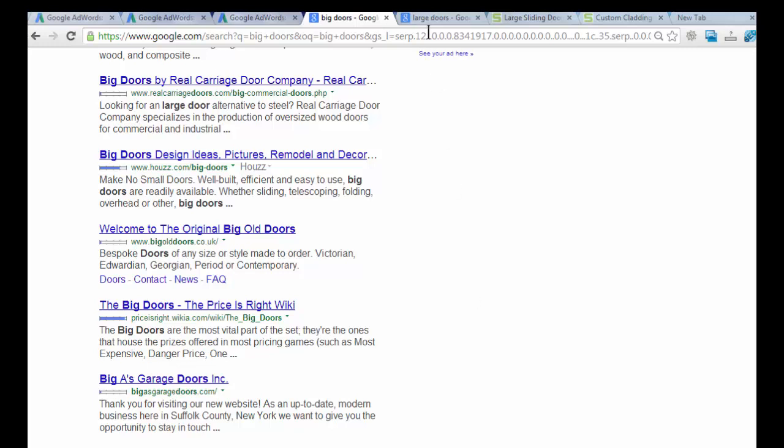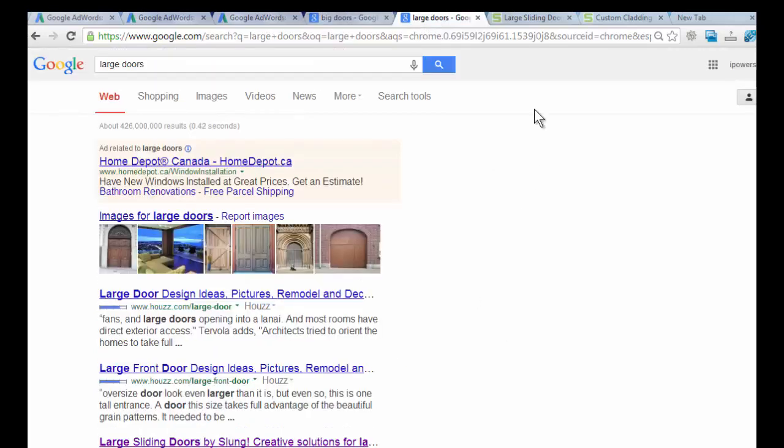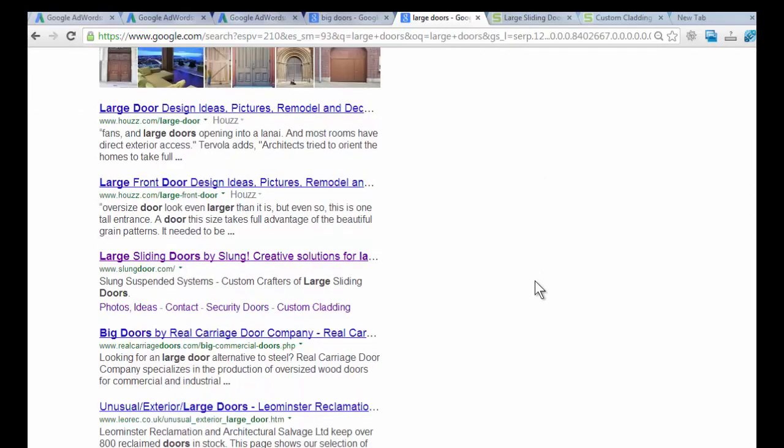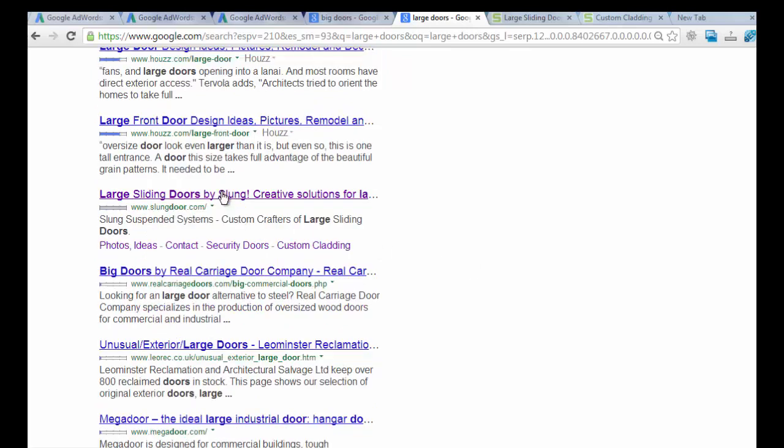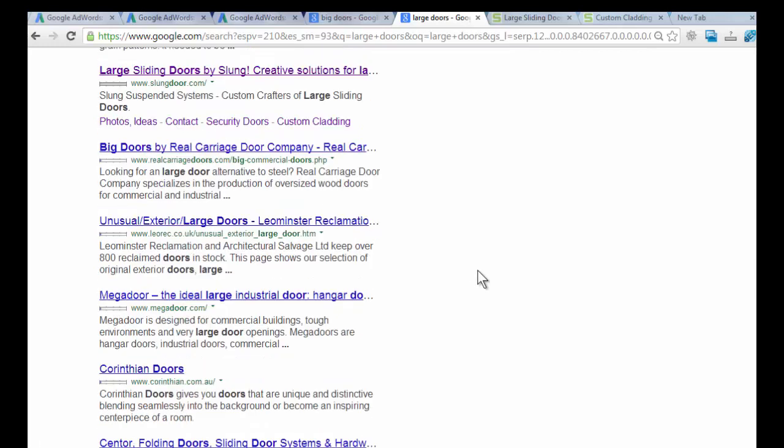So let's now search for large doors. Large doors, click on search, and we see this company. They have large doors in the title and in the domain name. Again, the same company. And then we have Slang. That's something that initially didn't exist, so just forget this one for now. And then we have